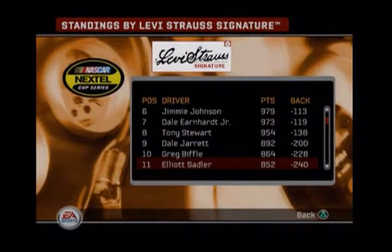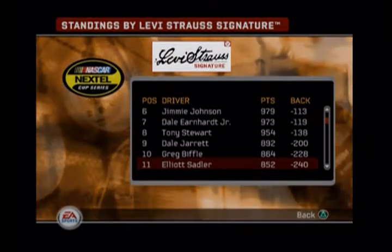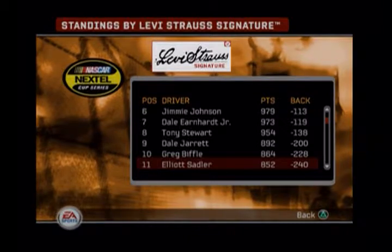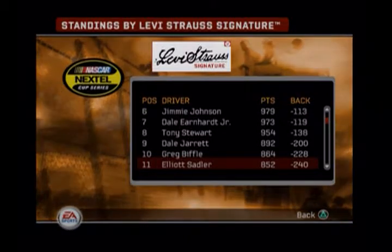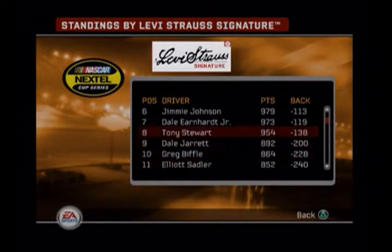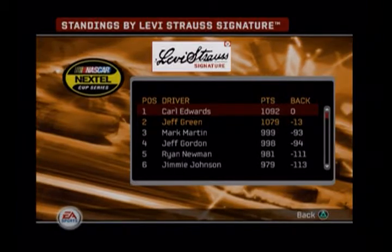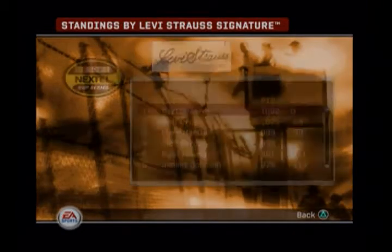Greg Biffle still in 10th. That's 28 points between them. And Elliott Sadler is only, I think that's 12 points off the lead. I mean, not off the lead, off the top 10. So point standings looking good, but it doesn't really matter because we've got to chase for the final 10 races. But at the minute, we are 13 points behind Carl Edwards after